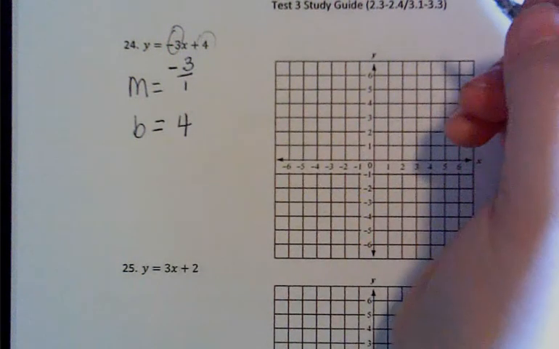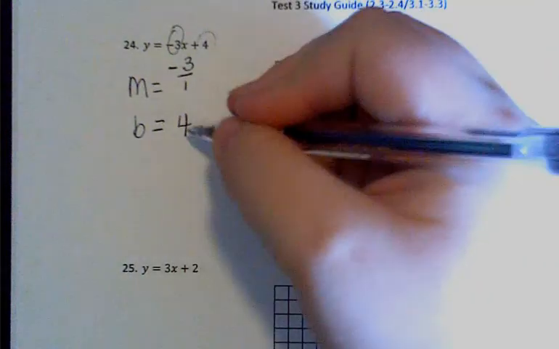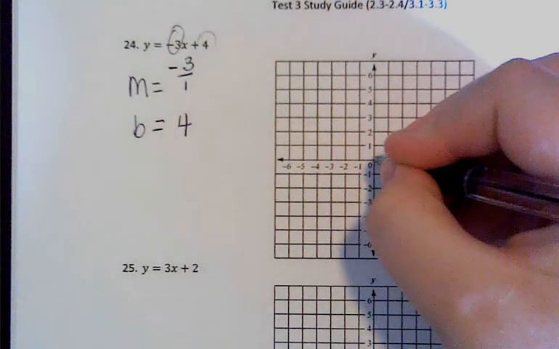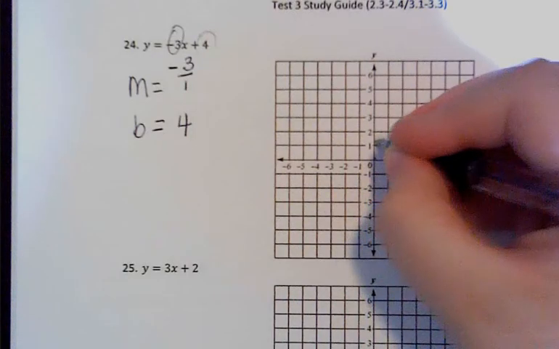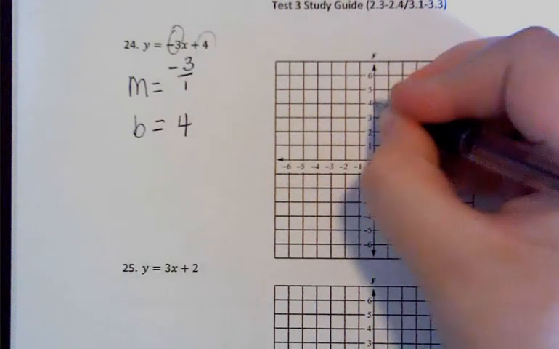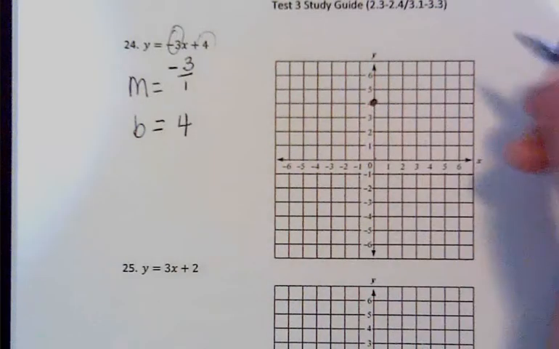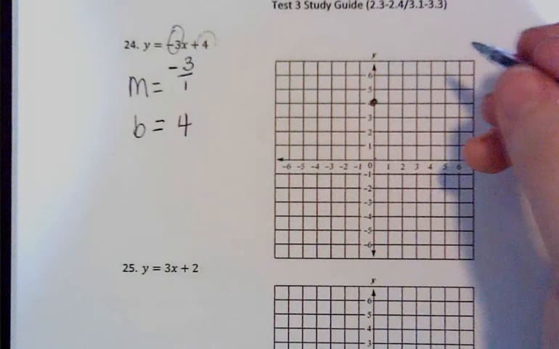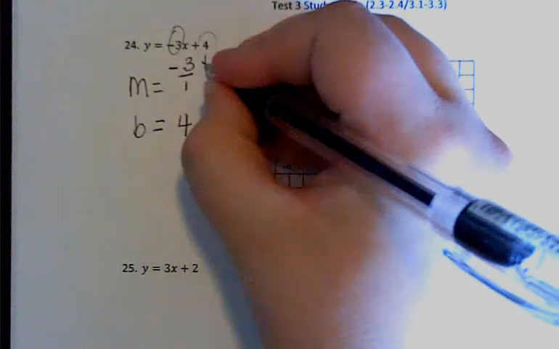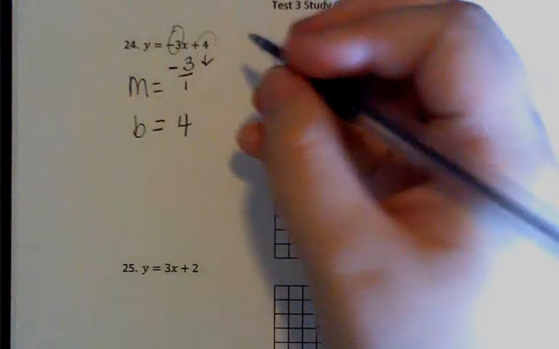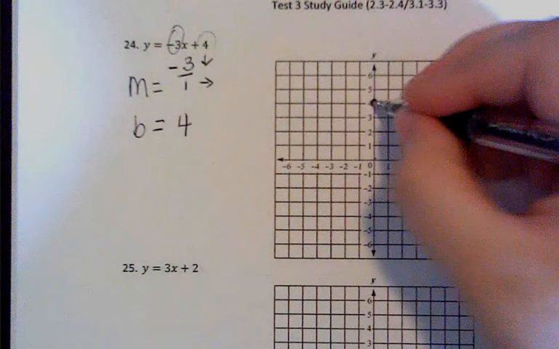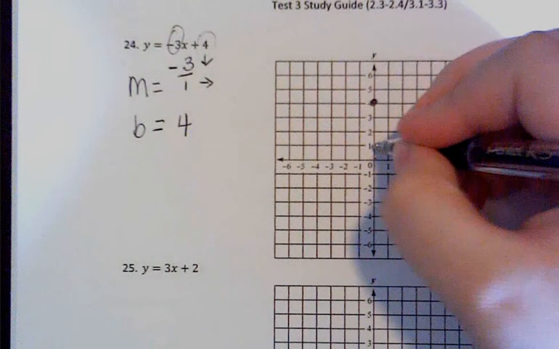So the first step would be to plot the y-intercept from the origin. So I'm going to go to a positive 4, so that means I go up 4. 1, 2, 3, 4, and put my dot. Then you plot your slope from your y-intercept 2 times. So if I have a negative rise, that means I'm going to go down. And if I have a positive run, that means I'm going to go to the right. So I'm going to go down 3, to the right 1,